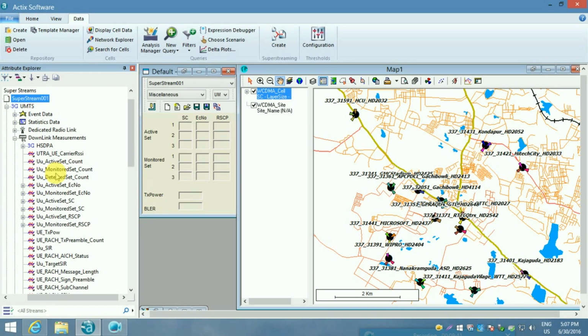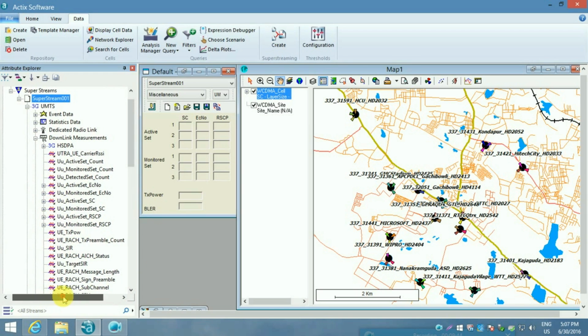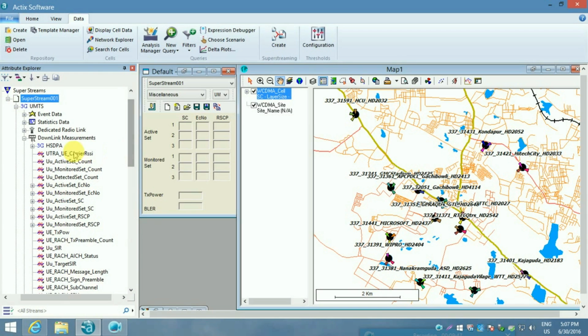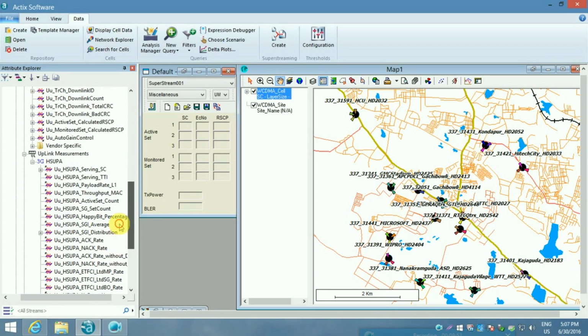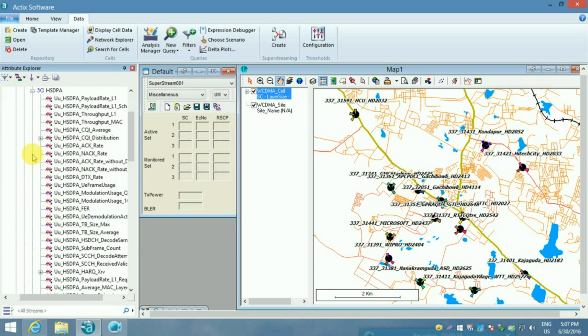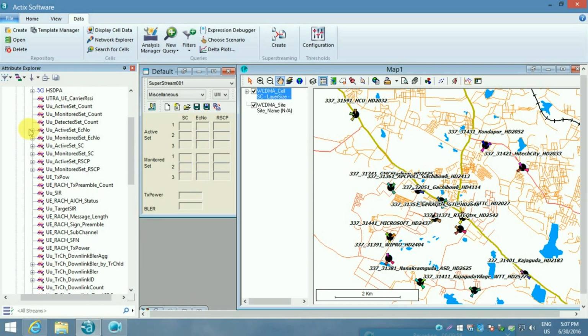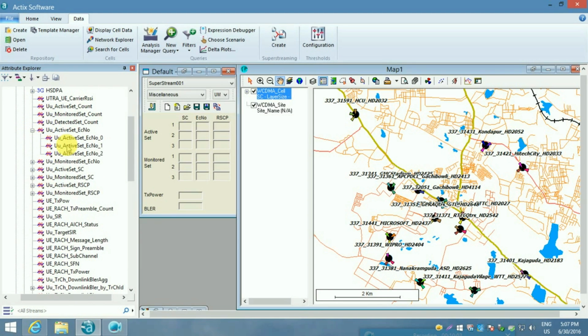Then we need to check the downlink measurements. Active set refers to a set of base stations that are serving the mobile station at a particular point of time, while these 0, 1, 2 represent the signal received from different base stations or different cells.